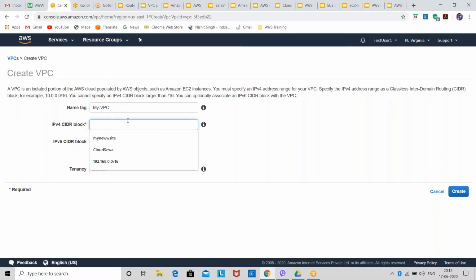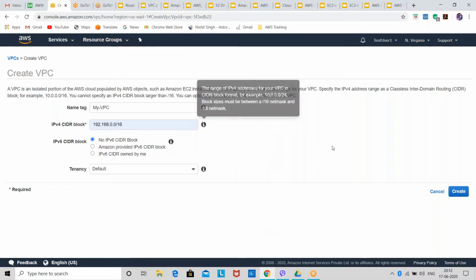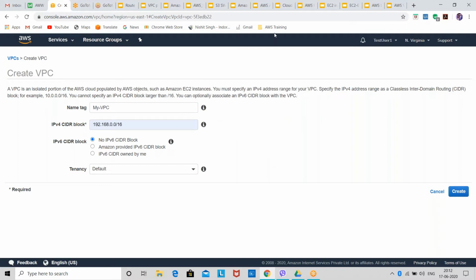Then they are asking me for the IPv4 CIDR block. I'll give 192.168.0.0/16, because in the VPC documentation, which I showed you when we started the training, you will find the slash notation to give for CIDR blocks.